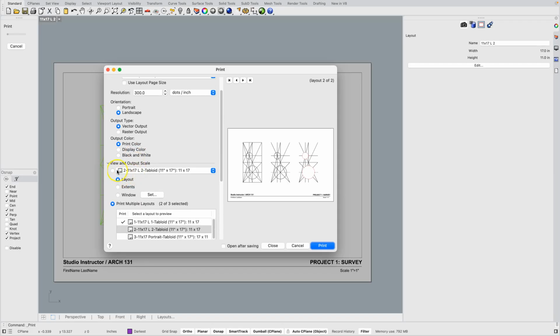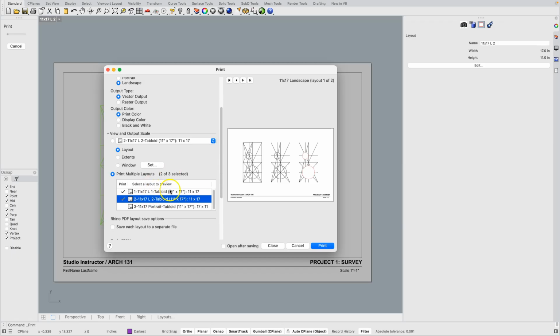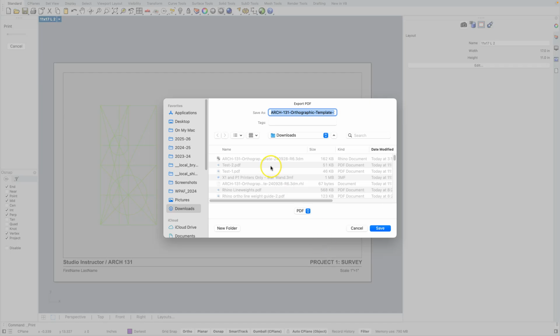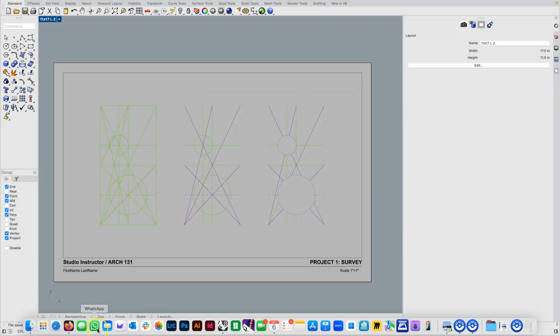And then my default view or view and output scale, I could choose layouts, top, I could choose top and window. Instead, I'm going to choose print multiple layouts, and I'm going to choose L1 and L2. And now I'm going to get a multi-page PDF. I can also choose to save as a separate file, but for our purposes, I'm just going to hit print. And as I come over here, I'll call this test 3, just so I can find it. I've now printed two 11 by 17s,